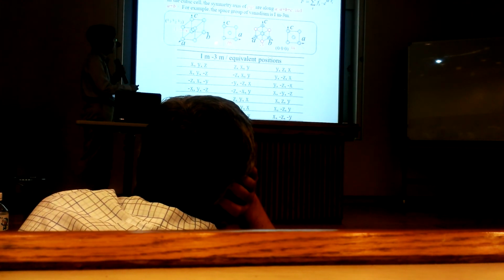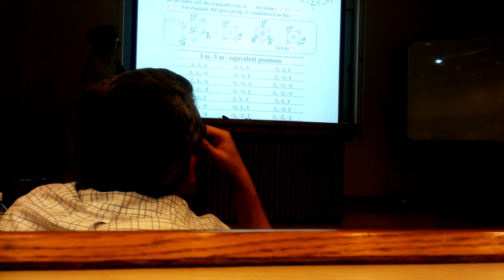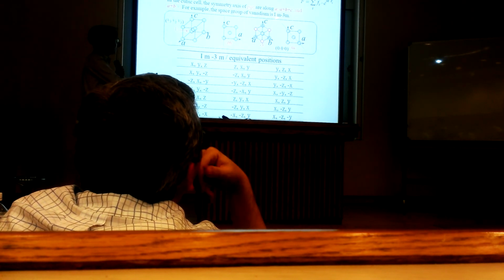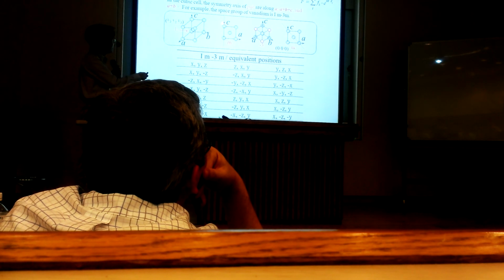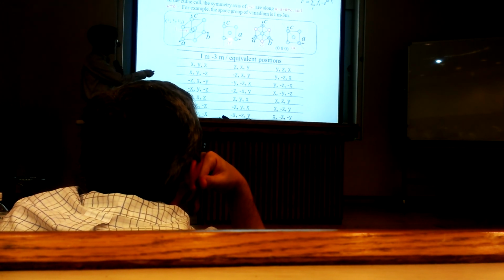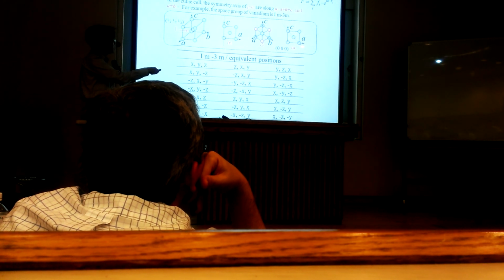So, for example, this is the space group of vanadium. The space group is called IM-3M. So the symmetry axis would be along the A axis, and the 3 would be along the 111, and finally M is correlated with